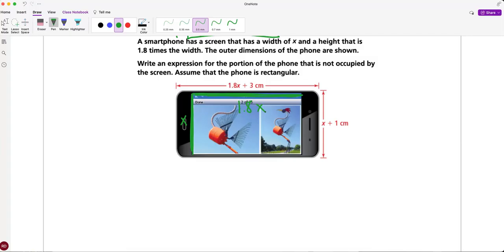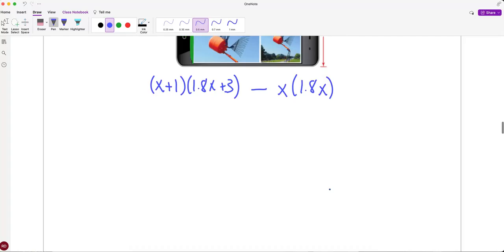So it's going to be the large area. So you've got x plus 1 times 1.8x plus 3, and then subtract x times 1.8x. Subtract off the screen. So if I look at the first one, multiplying the 2 binomials, so x plus 1,